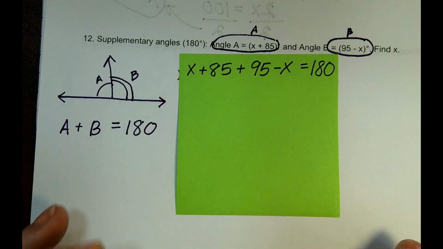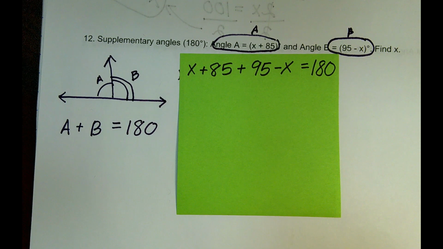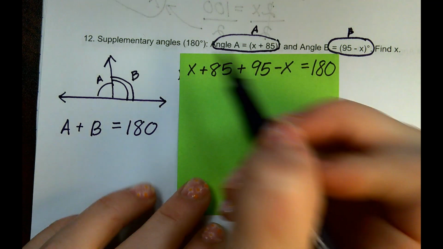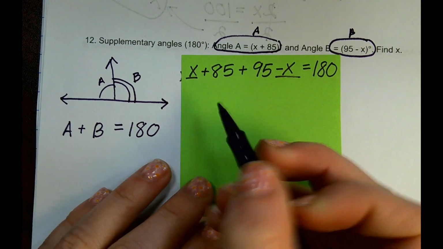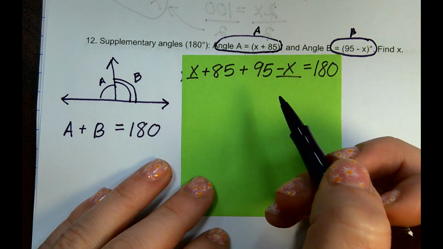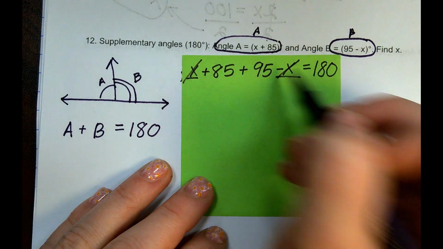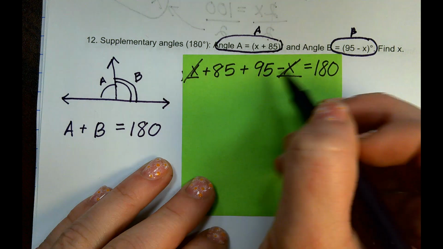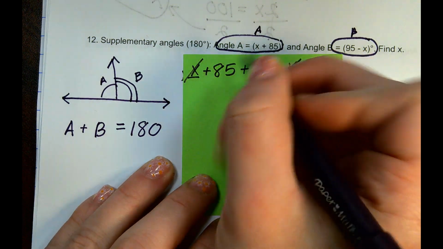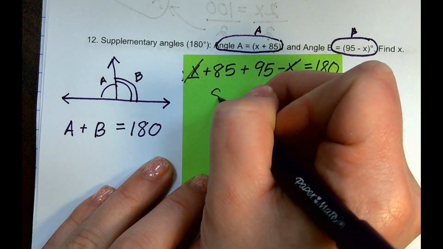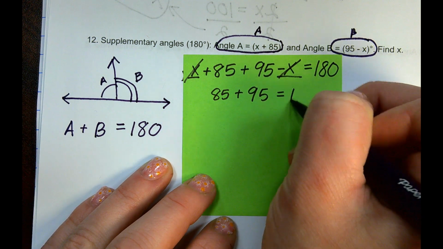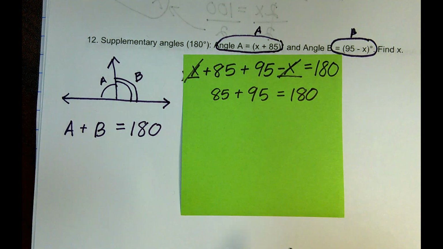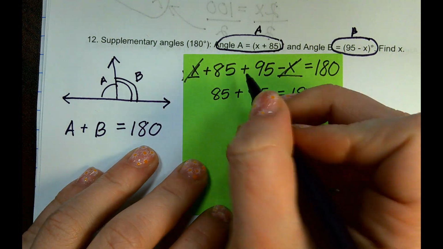Okay? So I want to solve for X. What should we do first? Combine your X's. Let's combine our like terms. I've got X minus X. No X. Okay, so X minus X is nothing. They actually cancel each other out. So they cancel, X is gone. Now I have 85 plus 95 equals 180. Does it? Yeah, 85 plus 95,